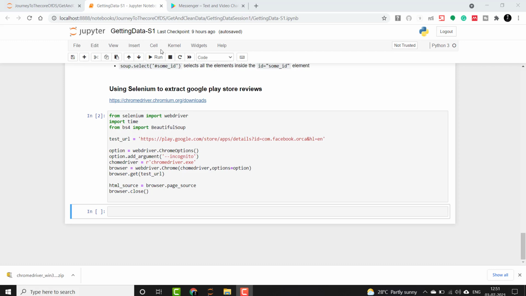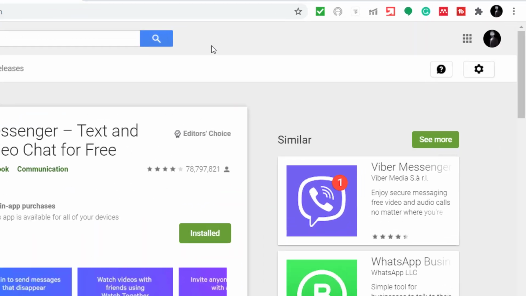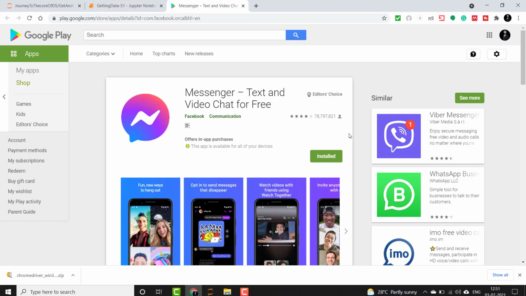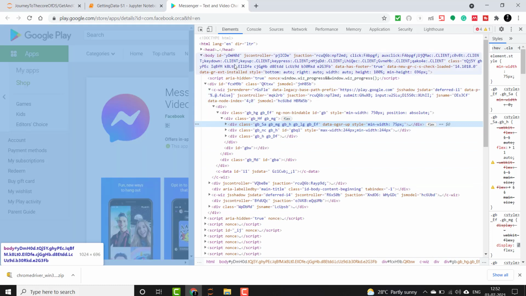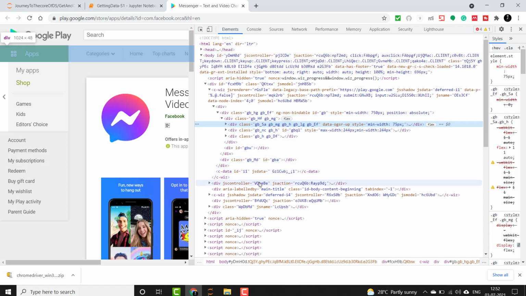Now let's see the source of the web page for which we are going to get the data. So I'll just open this Google Play Store website for Facebook Messenger, and then I will right click here and do inspect. So you will see that it will open the source of this web page, that is all the HTML text will come. Now from it we have to extract the authors, date and reviews. You guys can observe that as and when I hover onto each of the elements, it is actually highlighting some of the sections of this page.